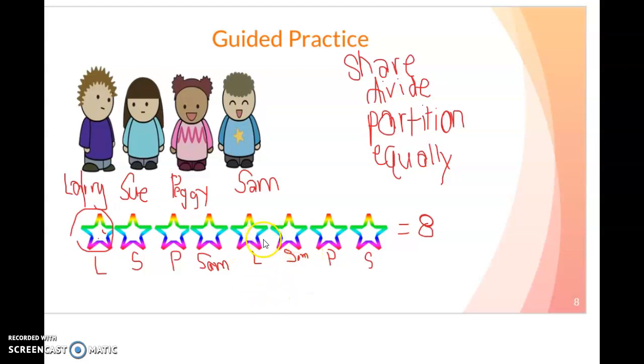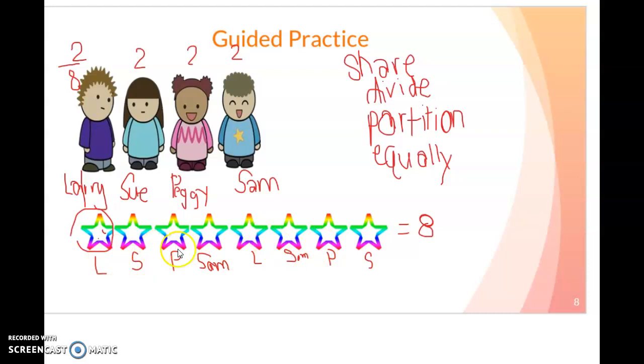Okay, so now we see that Larry has received 2 stars. Sue has received 2 stars. Peggy has received 2 stars. And Sam has received 2 stars. So the fractional part that each person received is 2/8 because Larry received 2 out of the 8 stars that